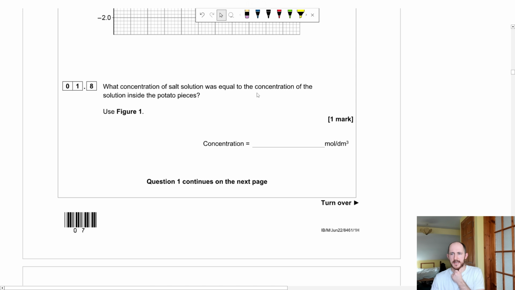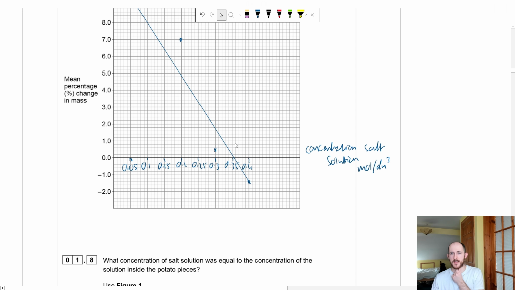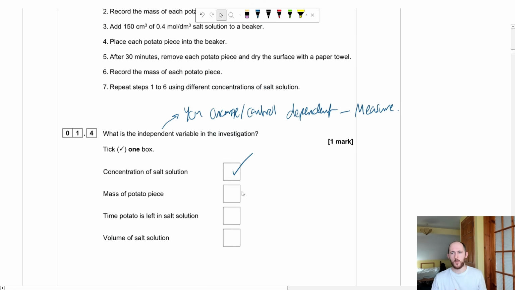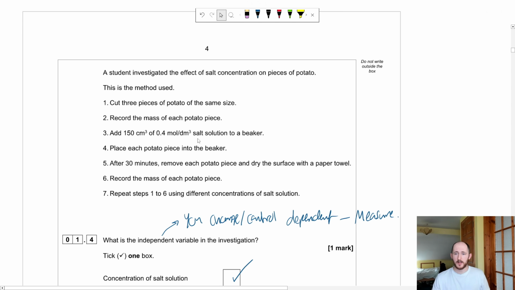What concentration of salt solution was equal to the concentration of the solution inside the potato pieces? Interesting. So what would that mean? Well, going back to the experiment, why does the mass change? Well, simply put, because of the difference in salt concentration, there is a difference in concentration of water inside and outside the potato, which means osmosis happens. So let's say inside there is a concentration of 1 mole, outside there's 0.4, then what's going to happen is water will diffuse out, or do osmosis out of the potato until you have a balance, let's say of 0.7